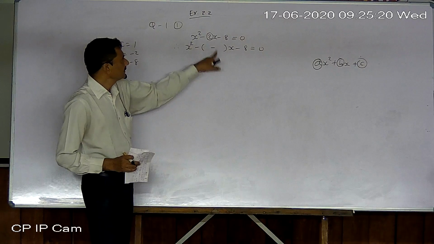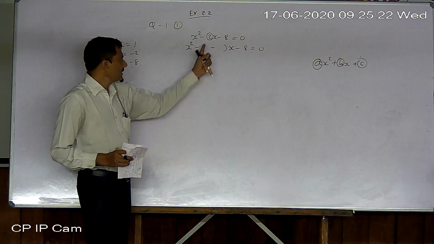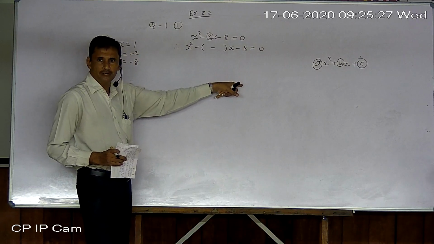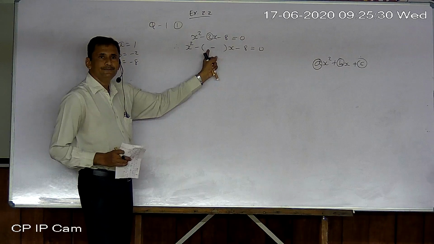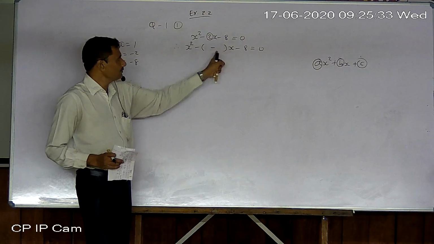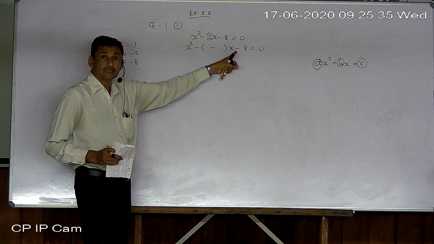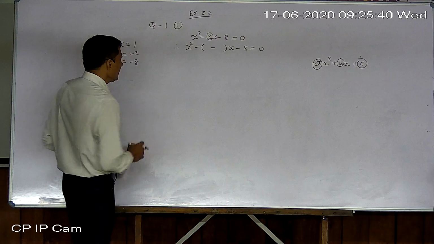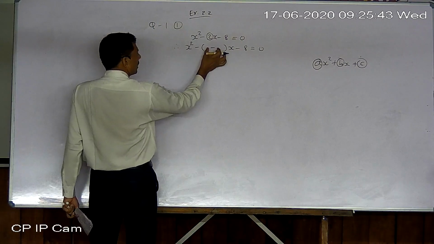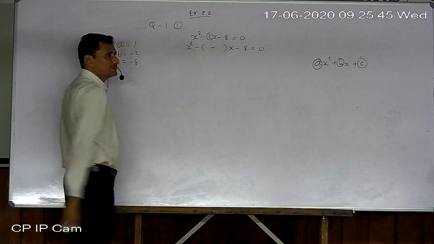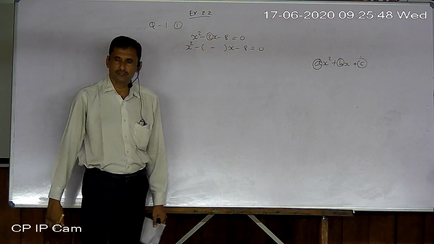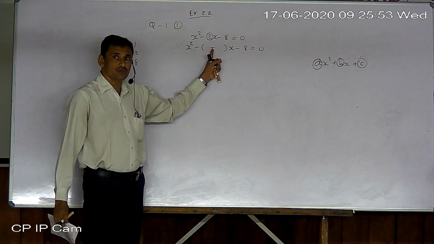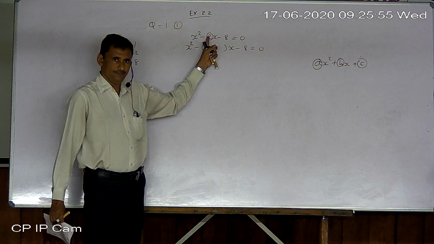What to do? You can see here. Don't write the numerical value of b. Instead, write a blank bracket, and inside that bracket, the opposite sign of the last term, the sign of c. Now, two numbers you have to write here so that the difference becomes 2 only. We cannot change the question. The question should be the same, but we are going to split only this middle term.